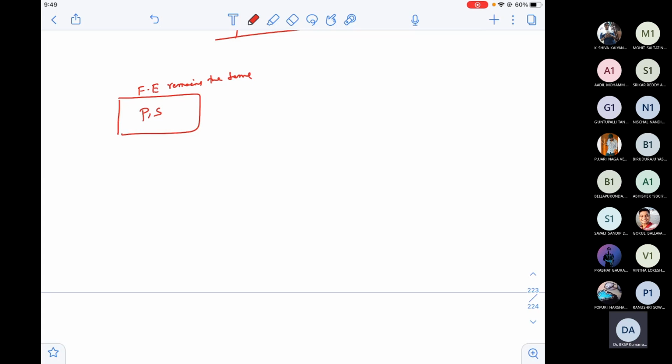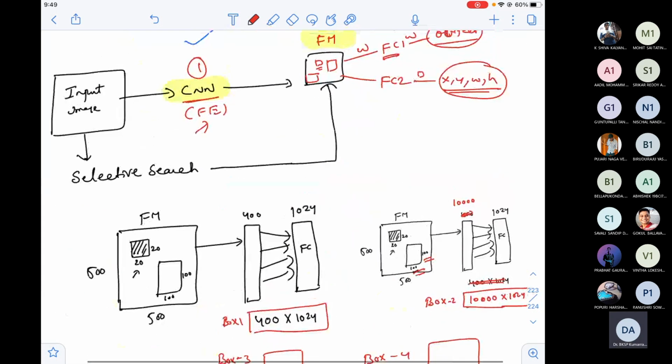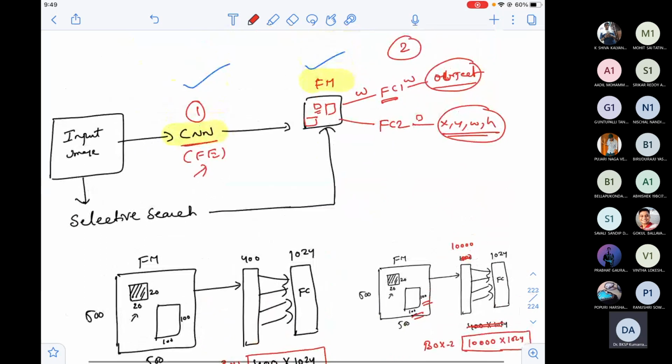So why I'm discussing all this story, you'll come to know now. It's very, very intuitive now. Guys, this is the main theme. Whether you understood that or not, let us come back to this point. Here, I'm giving different sized boxes.